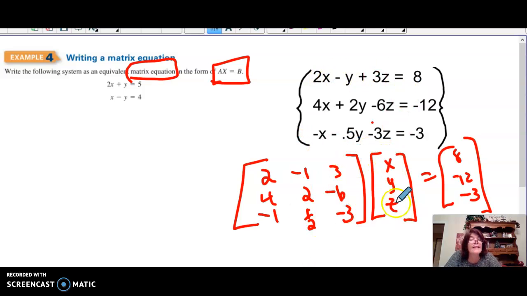And now I realize that to get x, y, z alone, I'm going to have to multiply by the inverse of this matrix. So to solve,